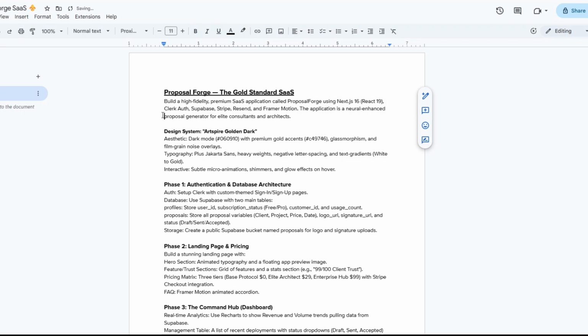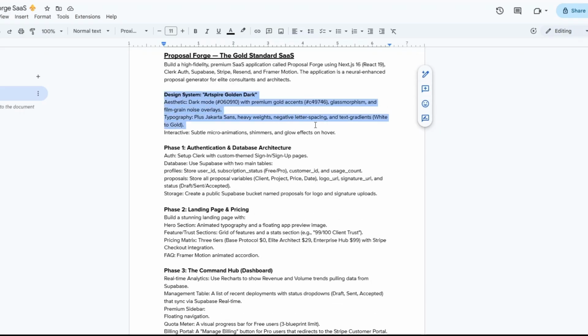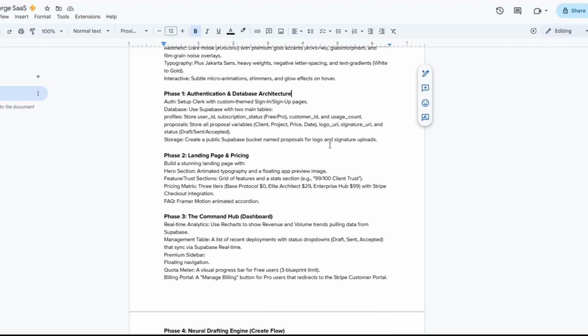We're going to call our website Proposal Forge right here, and we're telling it to build a high fidelity premium SaaS application called Proposal Forge using these tools. The application is a proposal generator for elite consultants and architects. So here's the design of our site. We also outlined the phases